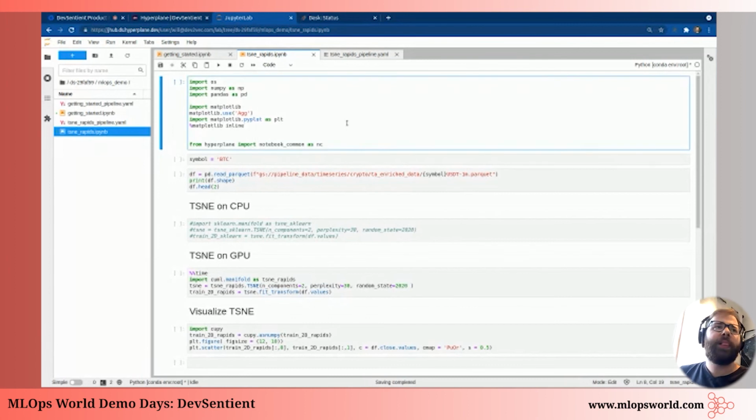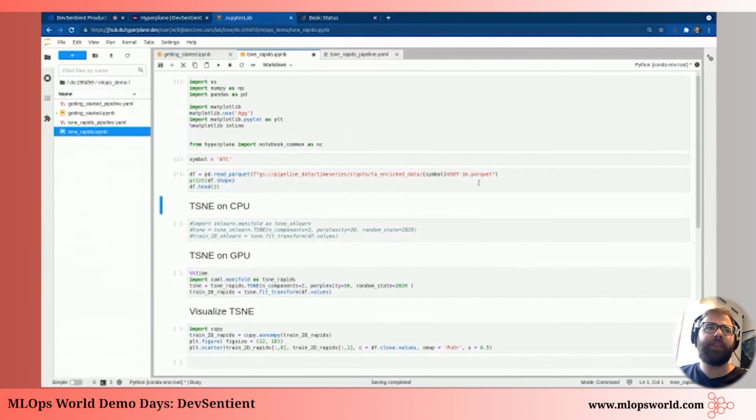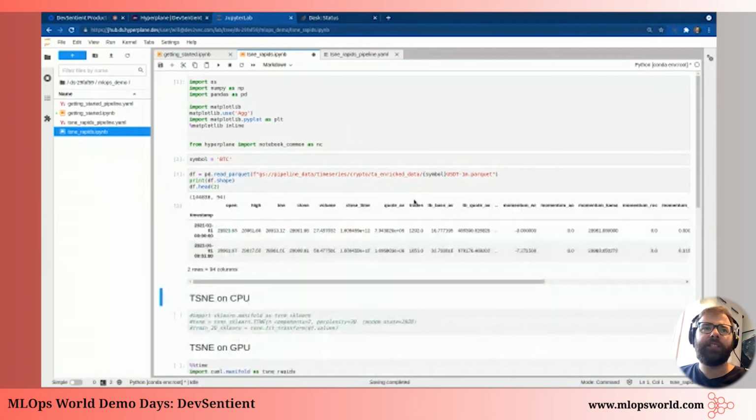So I'm going to import those standard libraries again. And you'll see here, I'm actually going to read in some crypto trading data. So I'm reading in some Bitcoin data here. And I'm going to run something called TSNE. TSNE is a dimensionality reduction technique, and it's particularly well suited to visualizing high dimensional data sets.